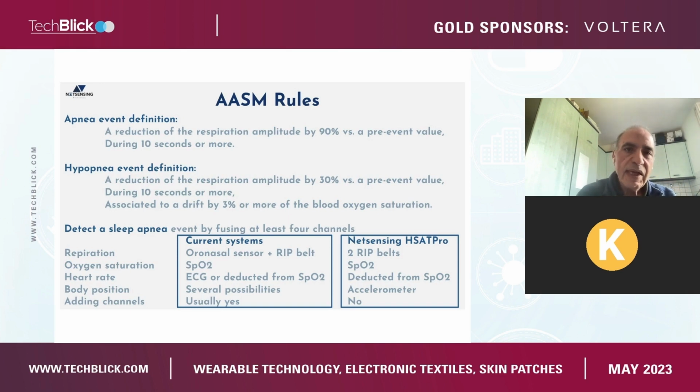So the difficulty for us was to replace an oronasal sensor